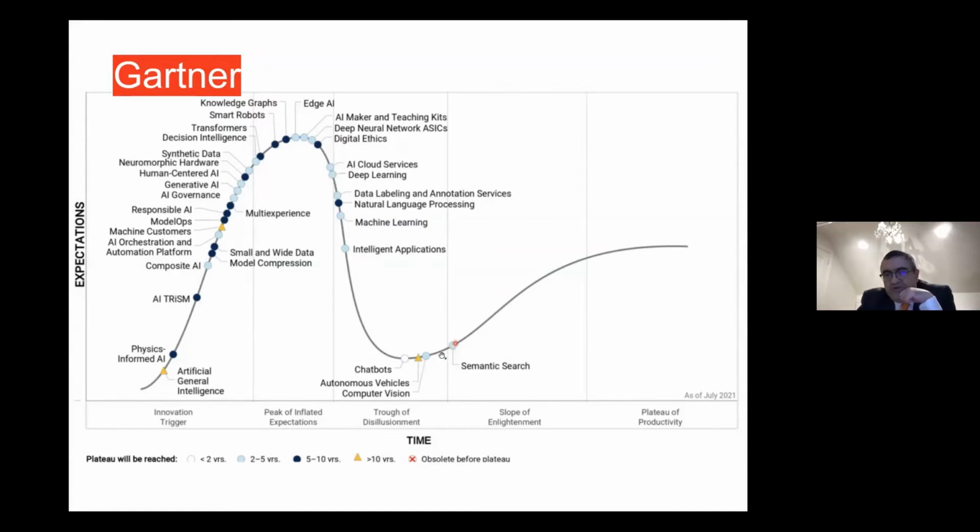So it won't be a surprise that semantic search is now mainstream, computer vision, autonomous vehicles, chatbots, okay? And any given e-commerce site will have that, intelligent applications, machine learning. So this part, okay, is between 2 to 5 years away or even less than that, where business applications are settling now. We know that they are mainstream. We know that they still are good to invest in to get ahead in terms of business, but it's safe to adopt. So that's what I would like to see.